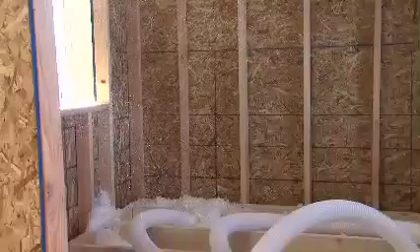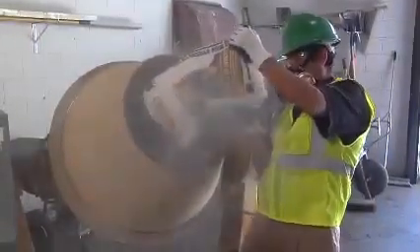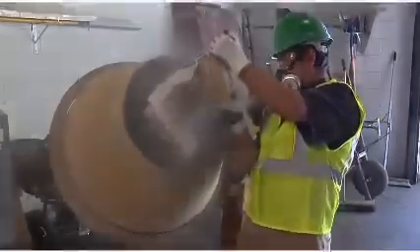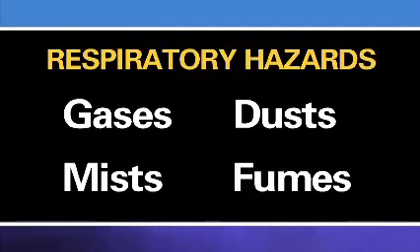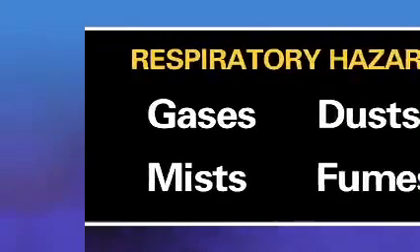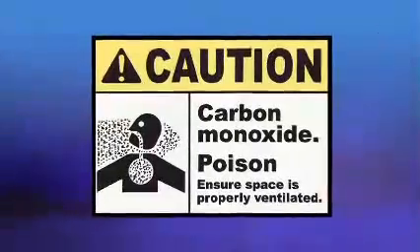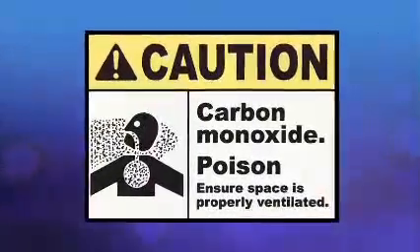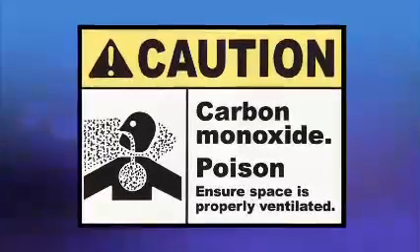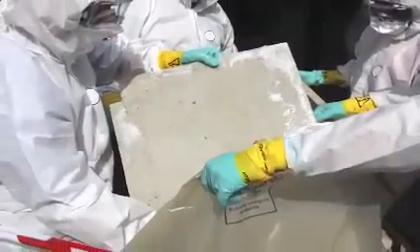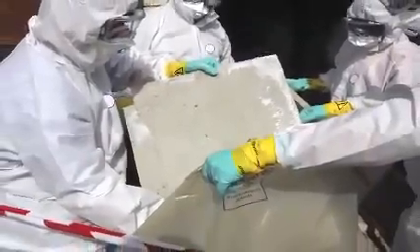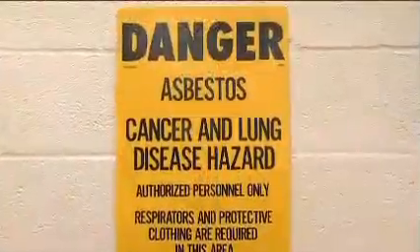Gases, dusts, mists, and fumes may be present at construction work sites. Some of these can make you sick or kill you if you breathe them in. These gases, dusts, mists, and fumes are referred to as respiratory hazards. Some respiratory hazards act quickly, like carbon monoxide, which can make you unconscious or kill you in minutes. Other respiratory hazards can take years to make you sick, like asbestos, which can cause lung cancer decades after you